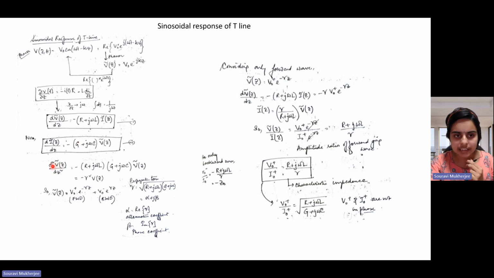Okay, and that gives you a second order partial differential equation, and it's something like that. So this term here is called the propagation term. Okay, and as you can see, it depends on these distributed parameters. So gamma is given as the square root of (R plus j omega L) into (G plus j omega C). And it's a complex quantity which can be written as alpha plus j beta, where alpha is the attenuation coefficient. So it takes into account the fact that there can be an attenuation of the